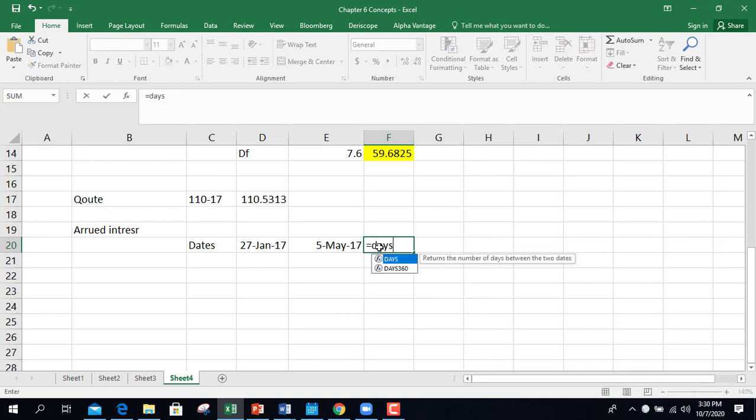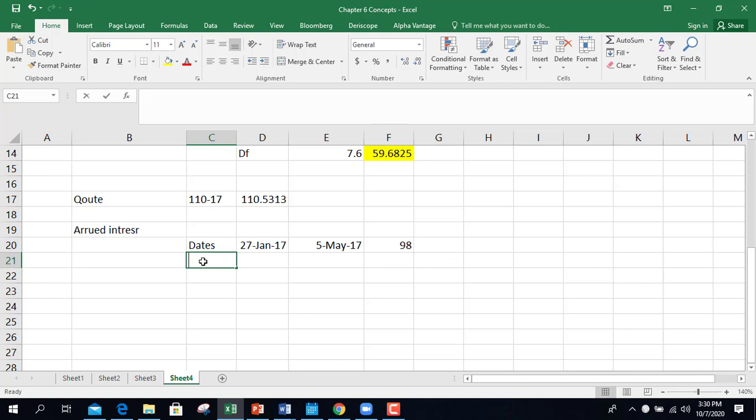Equals days, end date minus start date. So the number of days between these two dates is 98. And what is the coupon date during this tenure? So it is 27th Jan